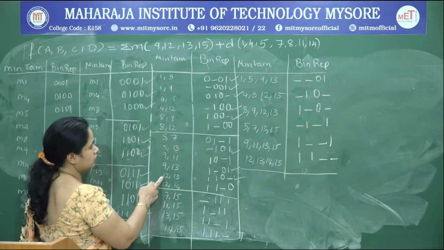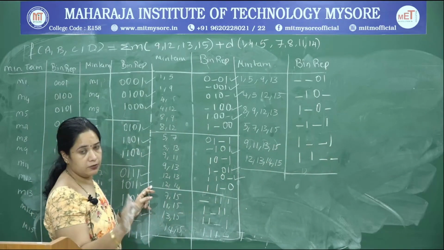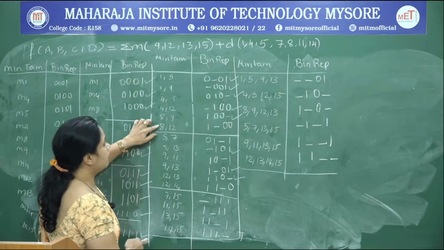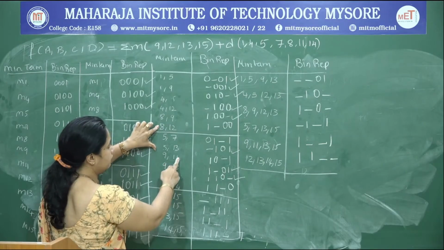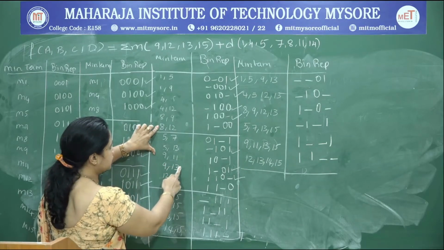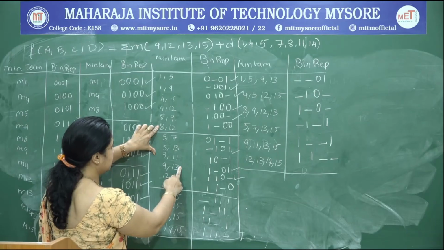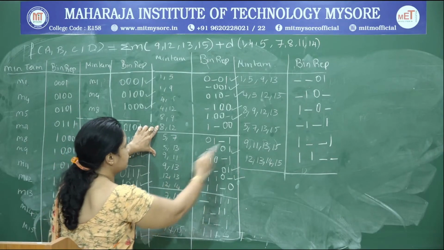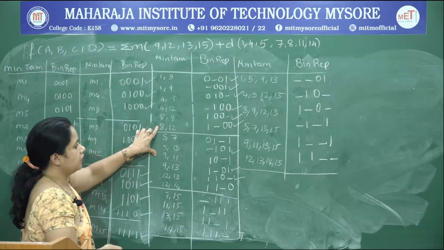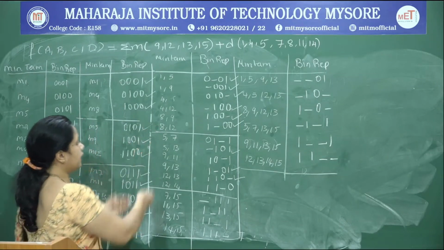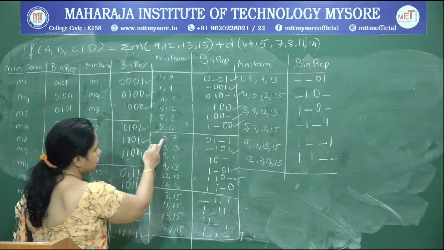Now 8 9 with 12 14, it does not vary by 1 bit position, don't carry. Now compare 8 12 with 5 7, no, 8 12 with 5 13, no, 8 12 with 9 11, no, 8 12 with 9 13, yes, it varies by 1 bit position, it has already been accounted for, you just put a check mark. Now we will go on comparing every element of this group with this one.